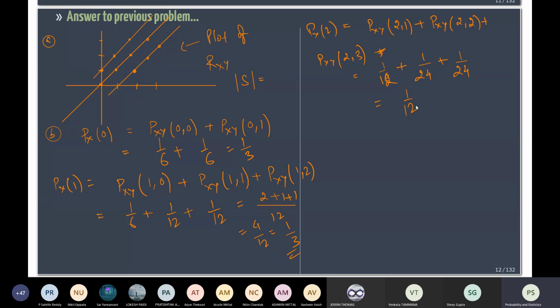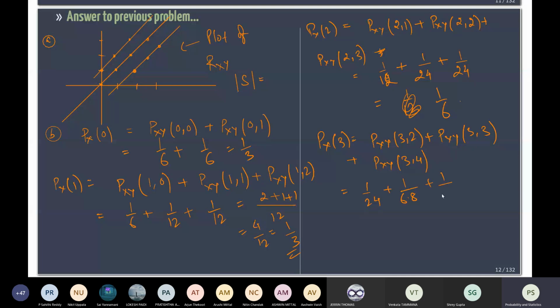1 over 12, right? Or 1 over 2 of the 1 over 12, right? So this is like 1 over 6. Okay, and then probability of 3 is Pxy 32 plus Pxy 33 plus 1 over 24 plus, now minimum is 3, so 8 will be there. So 6 times 8, right? Plus 1 over, again 6 times 8. So this will be